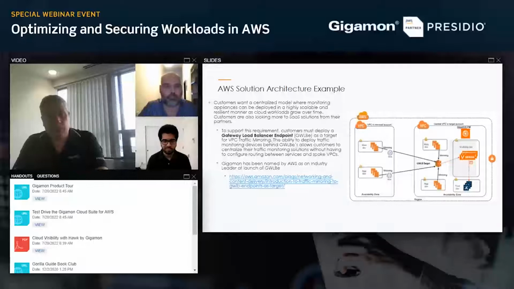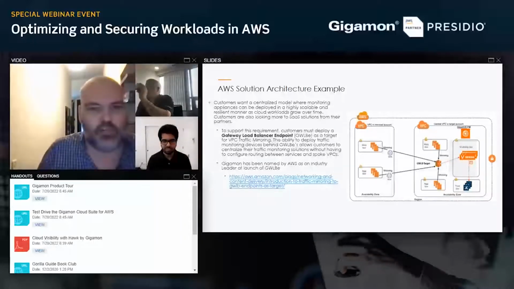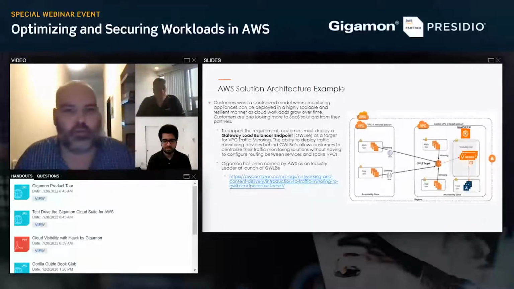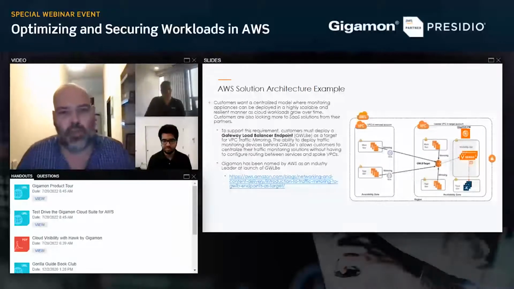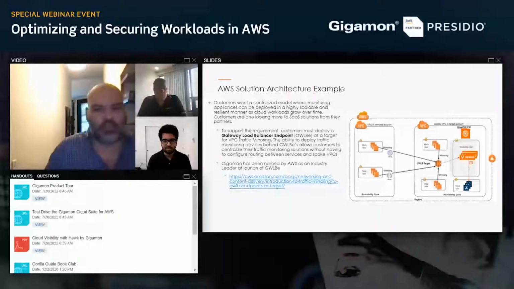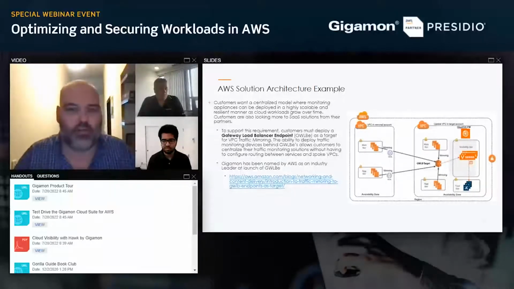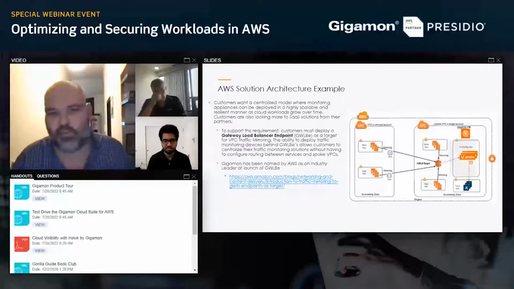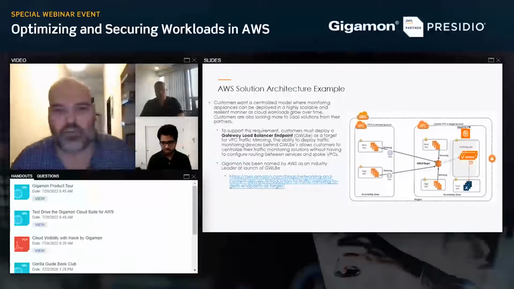Thanks, Jonathan. And then here's just an example of AWS solution architecture. There's a new feature out called Gateway Load Balancer Endpoint. Traditionally, when you were using VPC traffic mirroring, you would have different VPCs, and you're sending the traffic from those VPCs to different shared services hubs, for example. Now with Gateway Load Balancer, you're able to take traffic from multiple VPCs, multiple subscriptions either, to a central point,